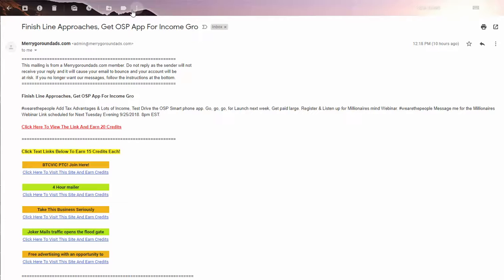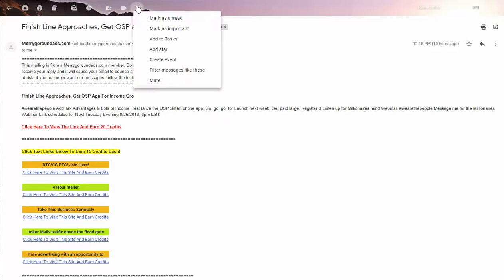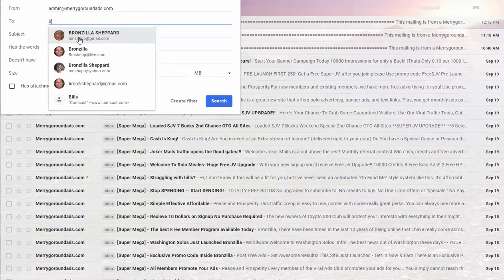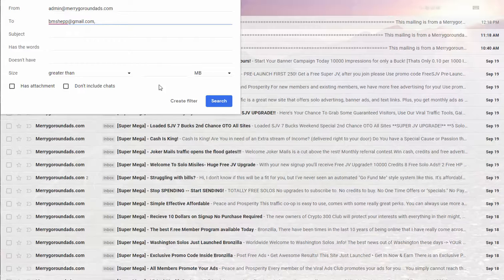Then I'm going to come to these three little dots right here above the email and I'm going to click on it. Filter messages like these. Click on it. You see here you have from the admin merry-go-round dads. Now, you're going to click on that line too, and I have several emails, but I'm going to use one specific one, which is this one we're on, and then I'm going to come here, create filter,